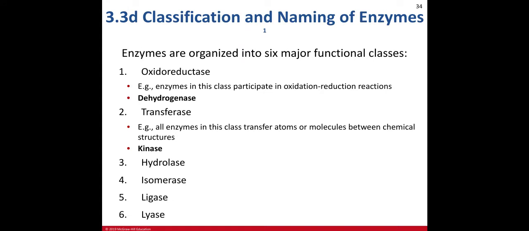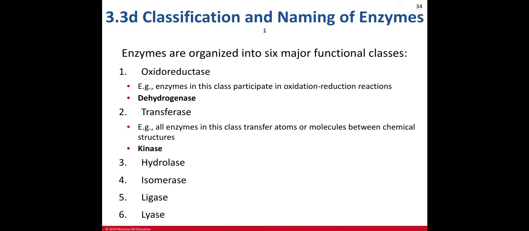Enzymes are lumped into 6 major classes, and this might be something sort of new. We're not going to spend a ton of time on this, but it is more advanced than what you learned in Bio 101. The first being an oxidoreductase. That is going to be an enzyme that works in an oxidation reduction reaction. And a great example of it is dehydrogenase, and that is going to be obviously working with hydrogen ions in order to do